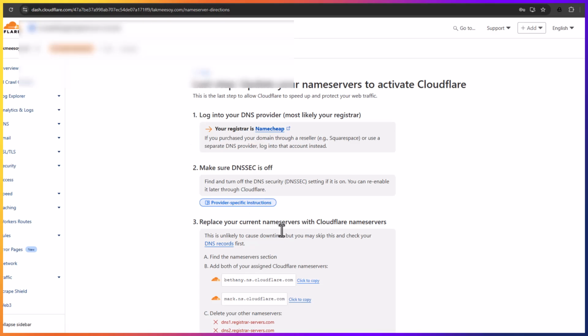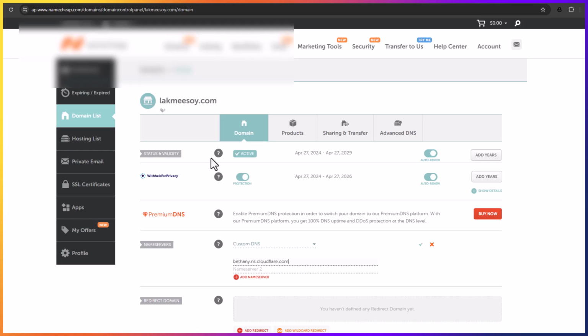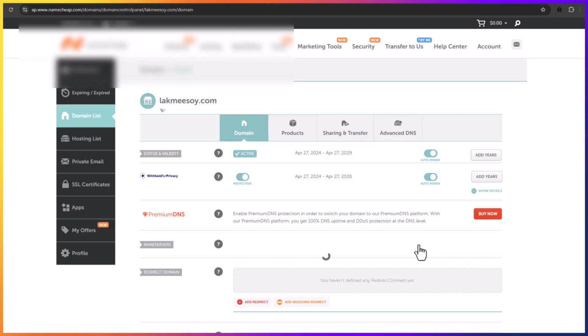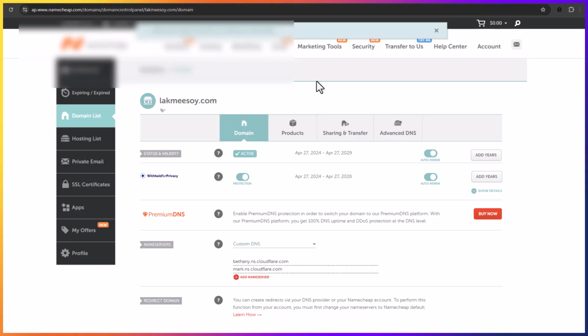Go to Cloudflare and find the nameserver details. There are two nameservers. Now click on the right marks and add these details to Namecheap. Okay friends, now you can